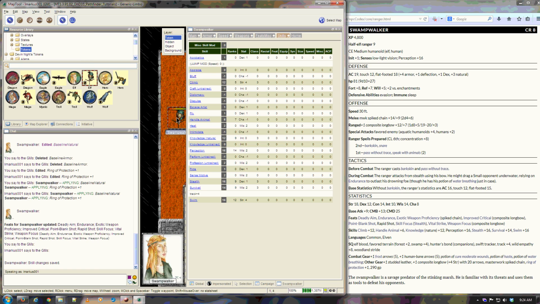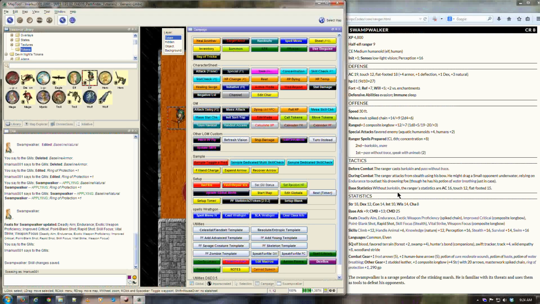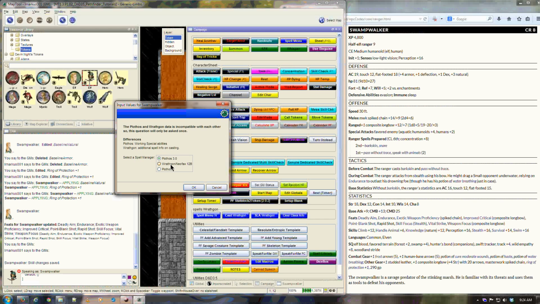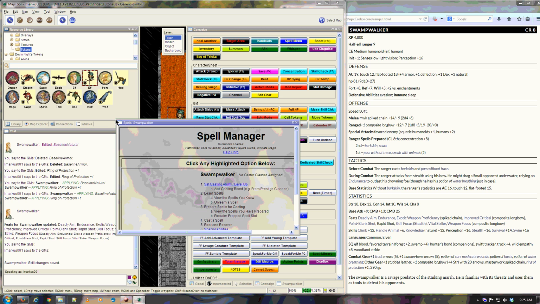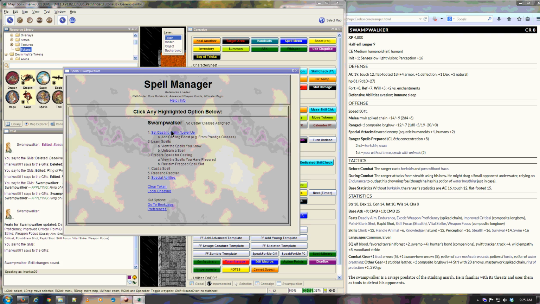So those are the elements for setting up the token, for working with the framework. And then some other people have added some extra tools. And I can see that I actually get some spells as a ranger. So I want to track spells in the framework. There's a couple of folks, Neilfax and Rathgon, who have a spell manager, as well as Plothos. You pick which spell manager you want to use. And Plothos is going to come up here. So I picked that. And I now set up